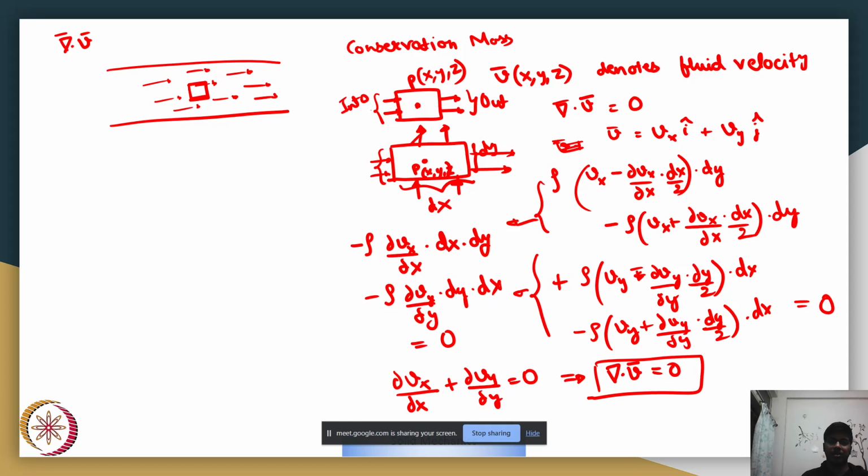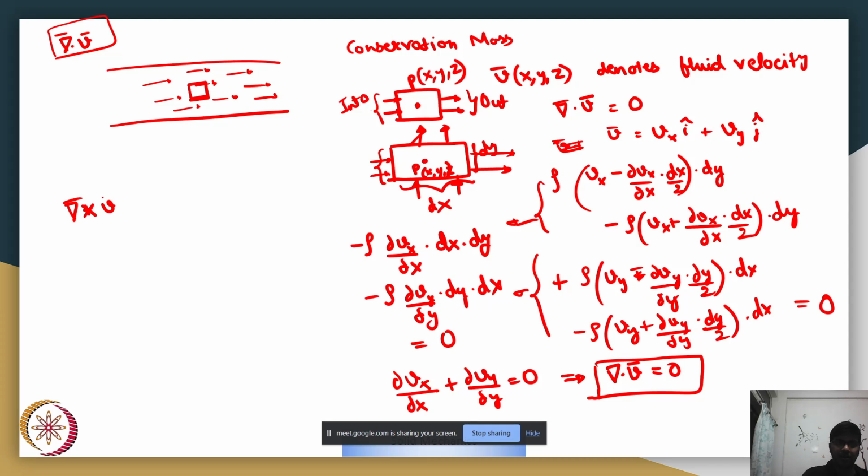So one way to write conservation of mass for a fluid would be in terms of checking if the fluid is incompressible, like its density is constant. For example, in case of water flowing through a pipe, you can assume it is incompressible, with the same density equal to 1 gram per cc. One way to write that equation analytically is that the divergence of the velocity field should be equal to 0. This is for divergence,